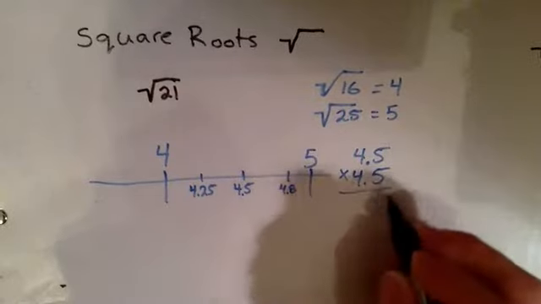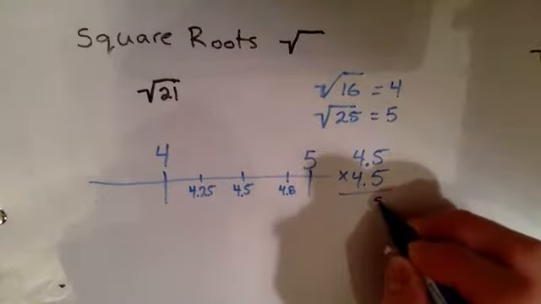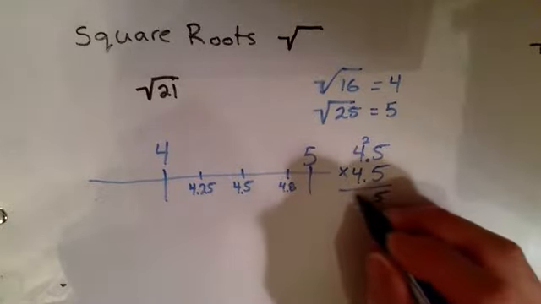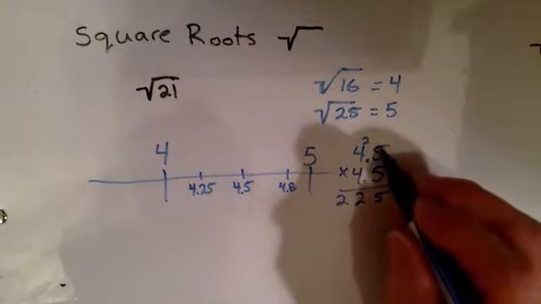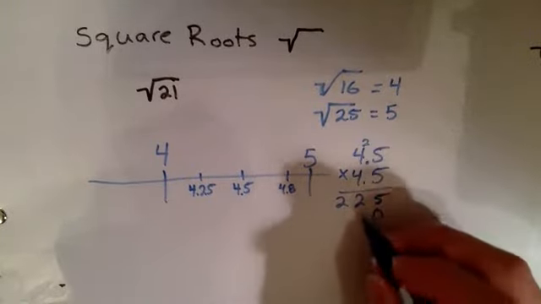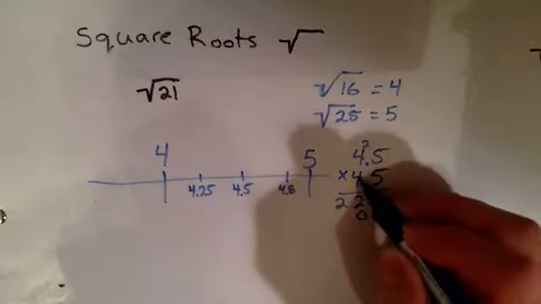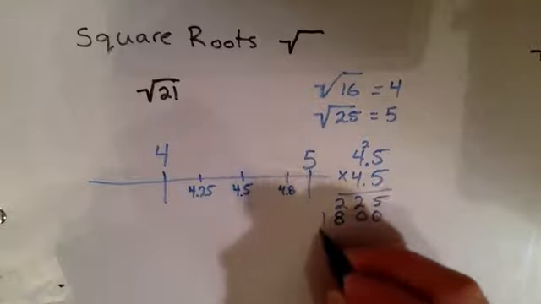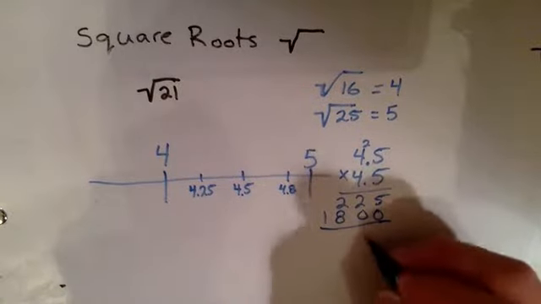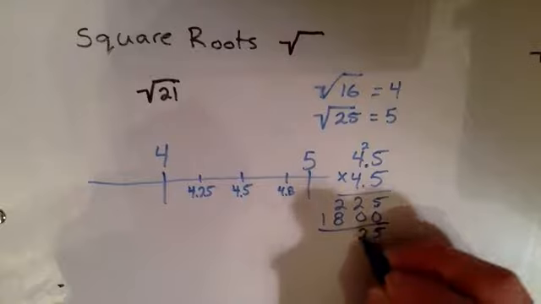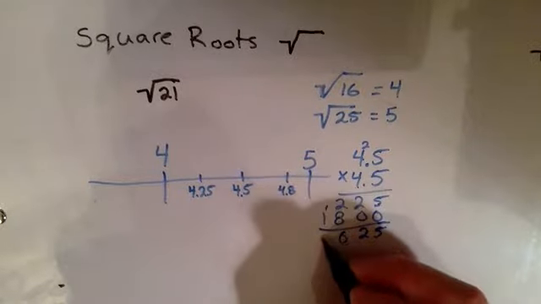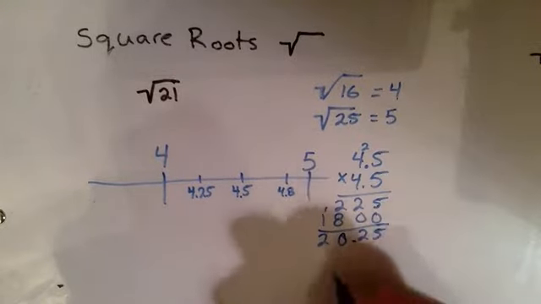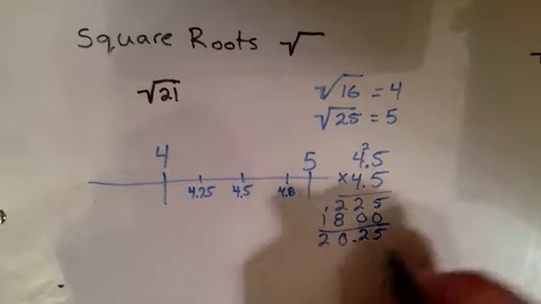Well, doing your long multiplication, 5 times 5 is 25. 4 times 5 is 20. Carry the 2, 22. And then, of course, we have the 0. 4 times 5, 20, plus the 2. 4 times 4 is 16, plus the 2 is 18. And we would have 5, 2, 10, carry the 1, 2. So we've got 2025 and we have 2 decimal places up here, so 20.25, which, as you'd notice, is a